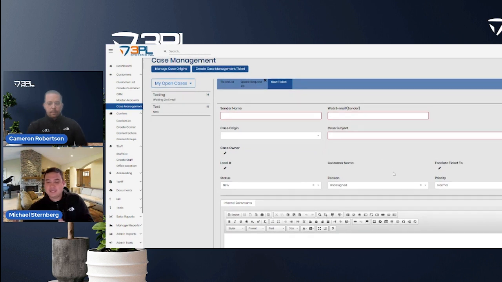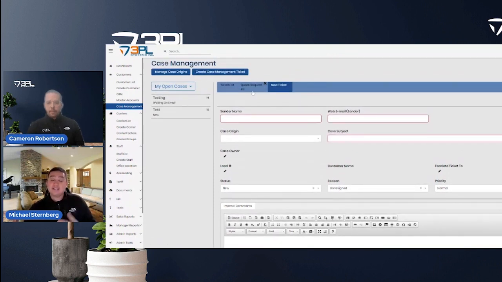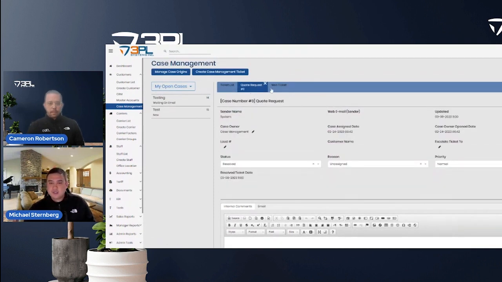Same things with the statuses and the reasons and the breadcrumb trails and the internal comments and the emails, and all of that remains the same as the tickets that are created via email. So that's not much different. We wanted to make that seamless, regardless of how this ticket came in, it's going to look and feel the same. Something else I wanted to mention